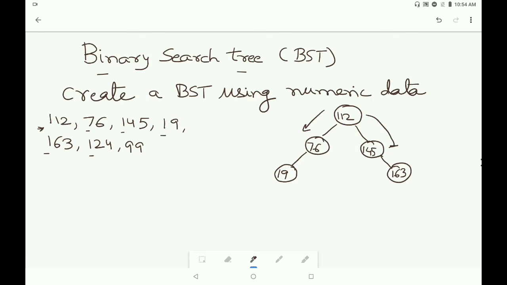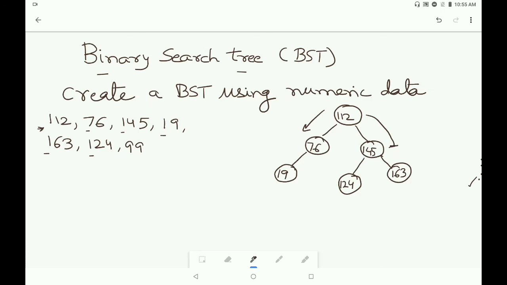Again you are getting 145 subnode. So first you will compare with the 145. As you are seeing, this 124 is less than the 145 and the left child is empty here, so you will insert the 124 to the left hand side of the 145.